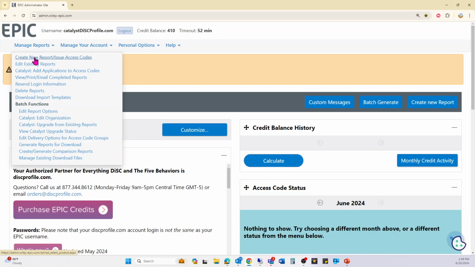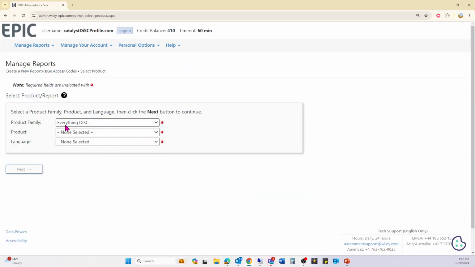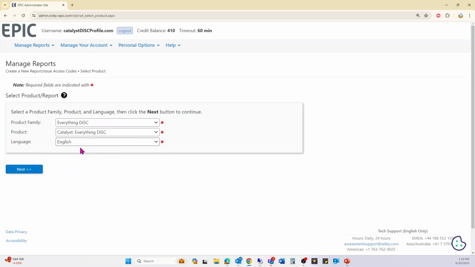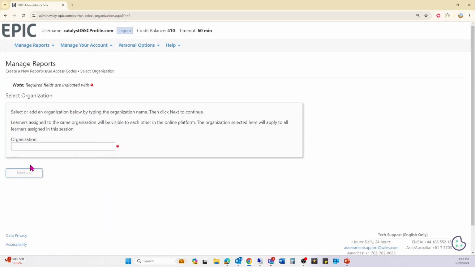We'll just start in that Create New Report / Issue Access Code section. We are going to have our product family selected as Everything Disk. We're going to select our product is going to be Catalyst Everything Disk. This is that individual report for your participant. And then English is going to automatically generate for you. We'll go ahead and click on that blue button Next, and it's going to bring up an opportunity for us